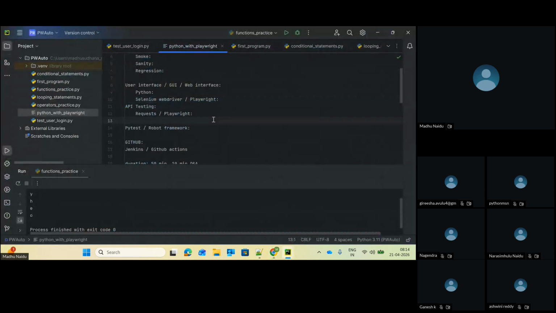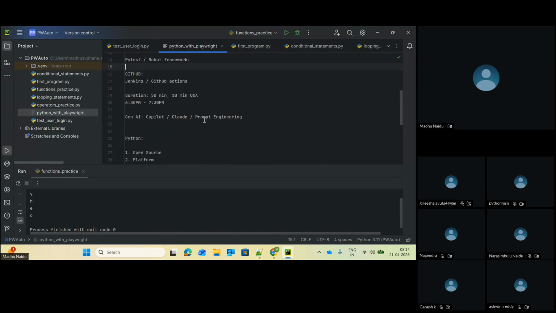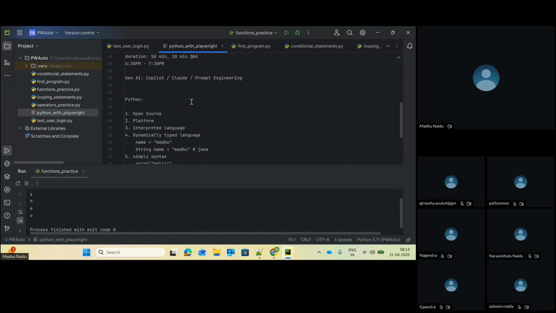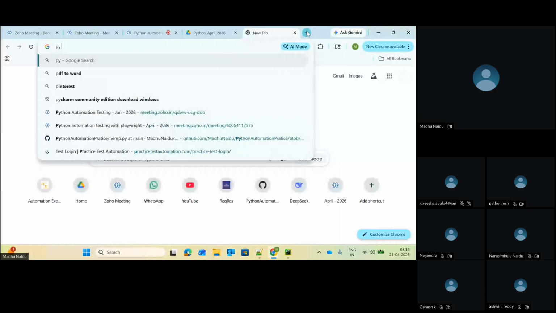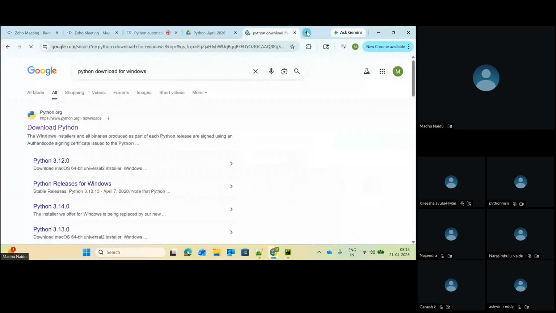So, as part of Python, we have already started a couple of sessions, so I will just give you a walkthrough. Python is a programming language. It is open source. You can easily download it from the official website, the Python installer. This is the official website where we will get the Python software. If you go to the download section,